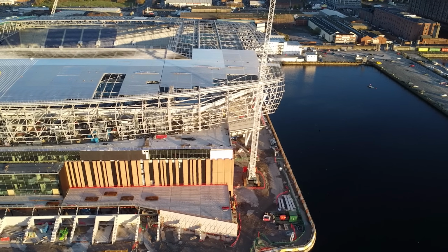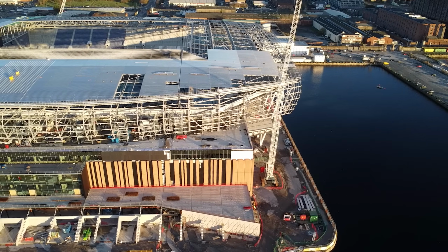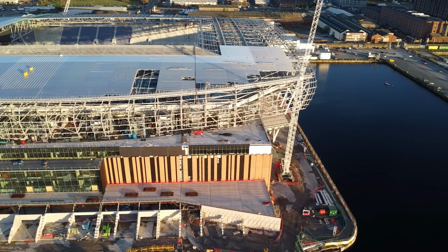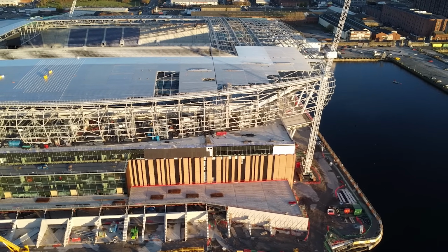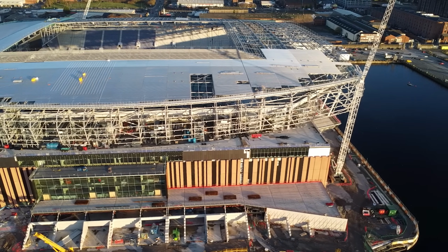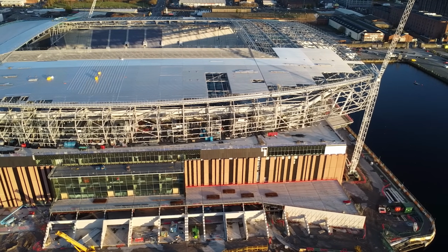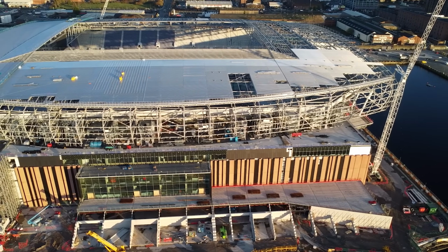So if anyone's ever actually been into Goodison Park, if you ever look at where the divides for the terraces are, you'll see a nice white band around it, and there's an X structure. I think they actually call it the lick design. And this itself is very reminiscent. The cross members are actually in the concrete itself. It's a lovely Easter egg that I've actually seen, and I am super excited to actually look at this with